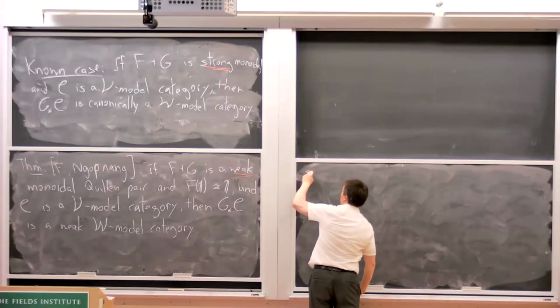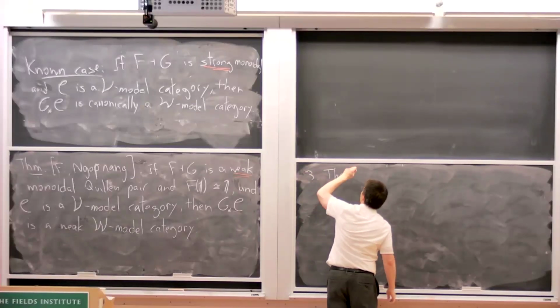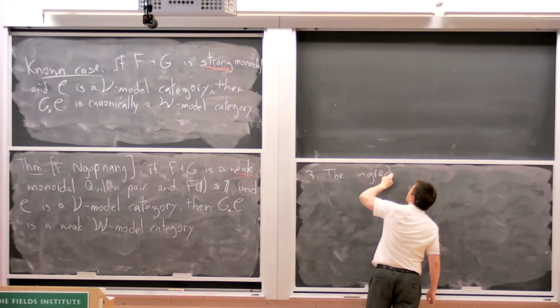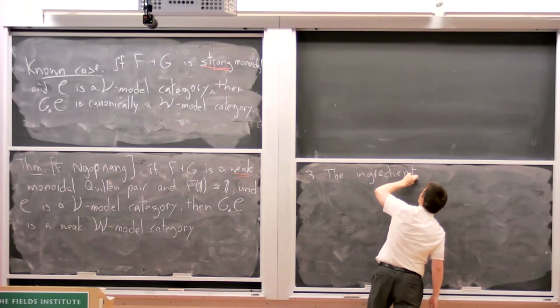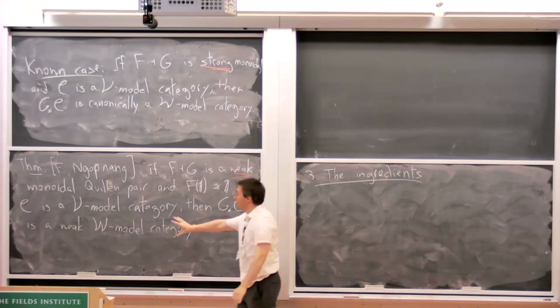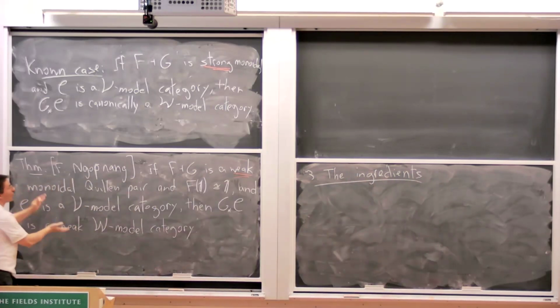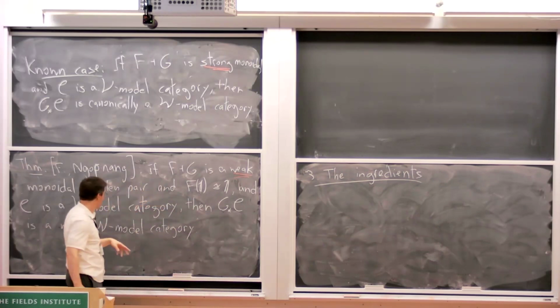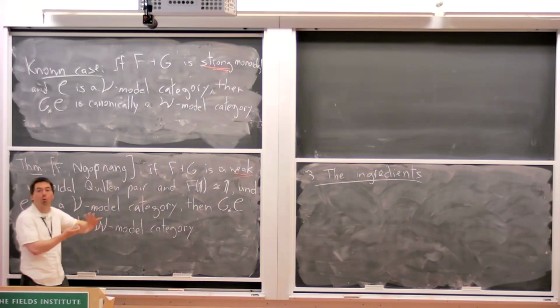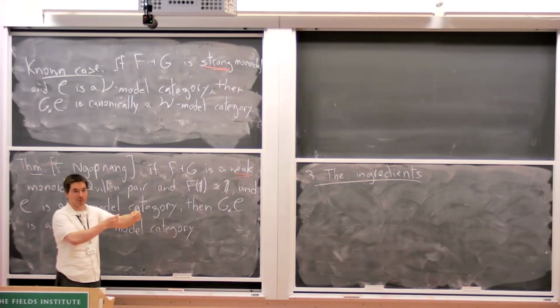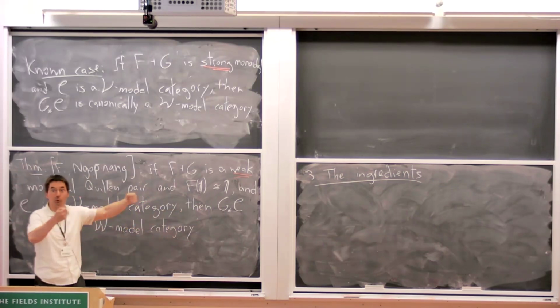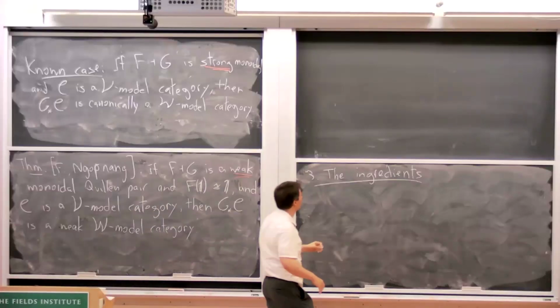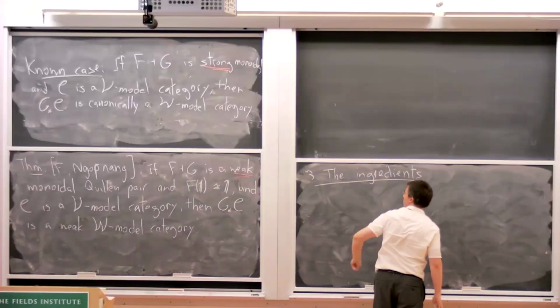All right, let's go through the ingredients. Oh, and in fact, the definition was, again, motivated by this statement, but it turns out after the fact that if you, again, change the enrichment from a weak model category, you get a weak model category out of that. It saturates after one step. You don't lose more after repeating the process.